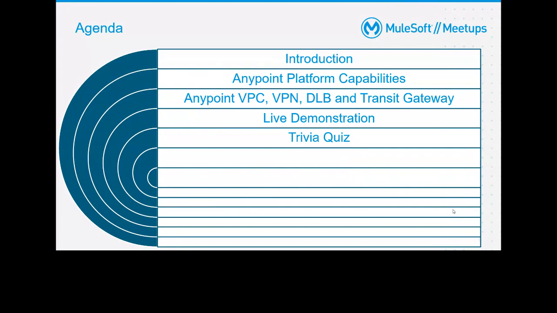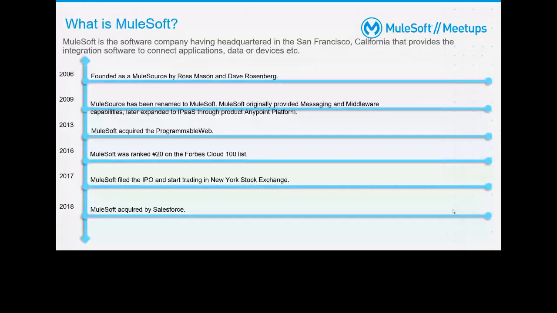Okay, so let's start. What is MuleSoft? So basically, MuleSoft is a company with its headquarters in San Francisco, California. It provides integration software to connect applications, data, or devices, right? So it provides an integration platform which can be used to connect your applications, data, or devices. Initially in 2006, it was known as MuleSource, and it was founded by Ross Mason and Dave Rosenberg. In 2009, MuleSource was renamed to MuleSoft,